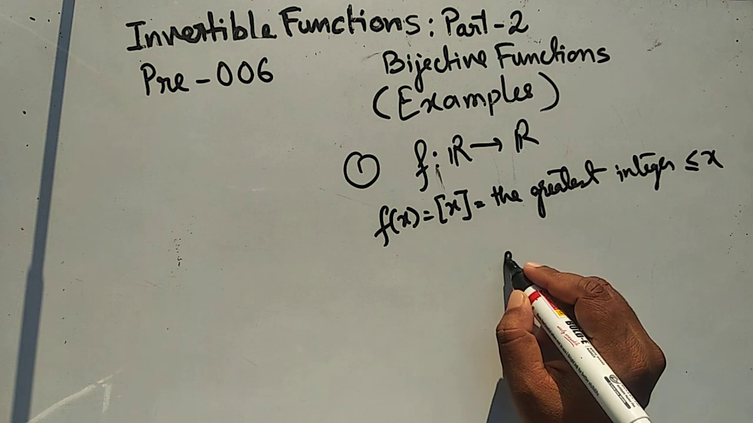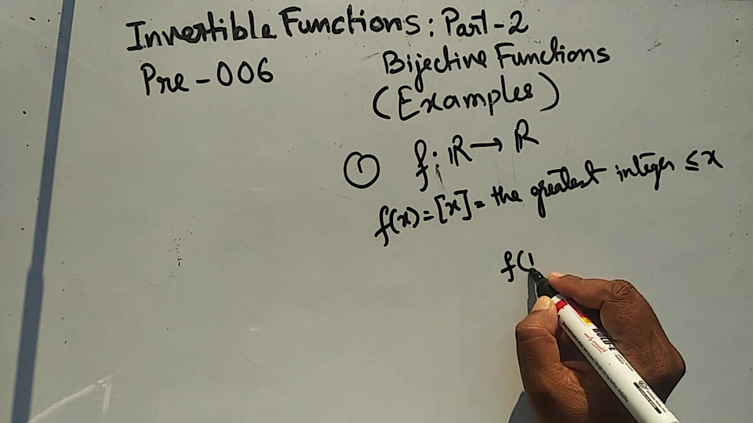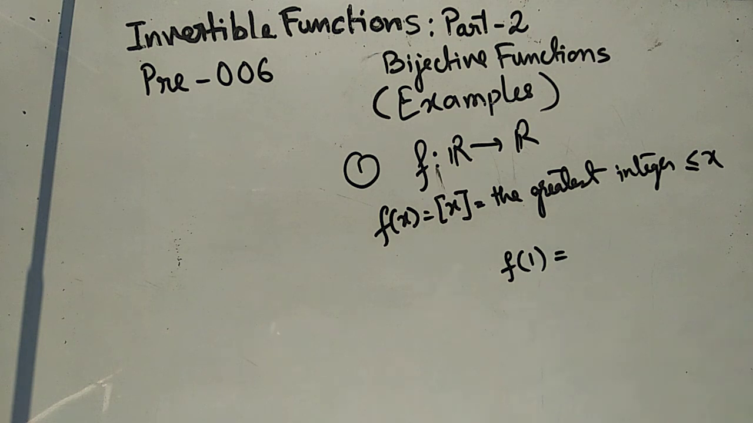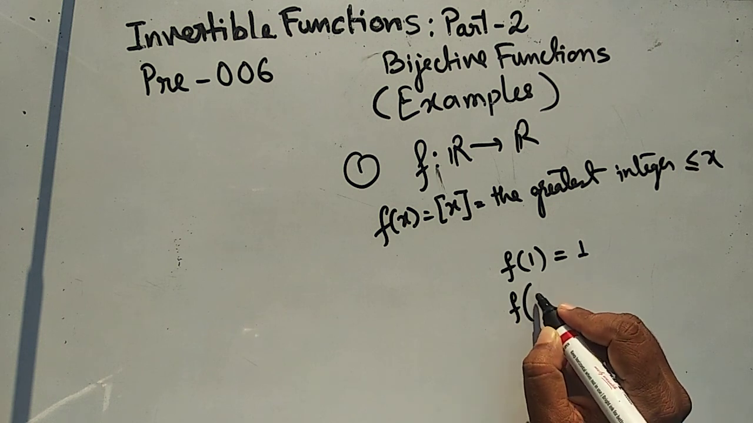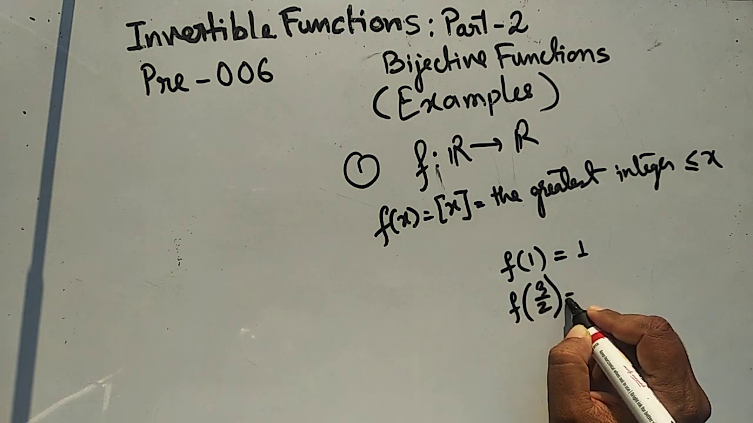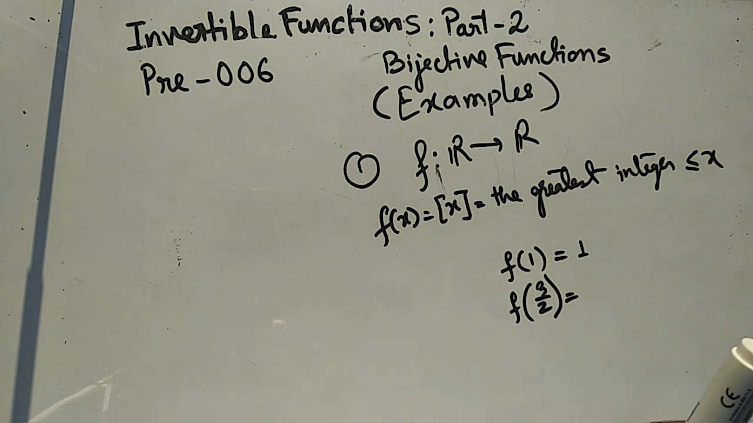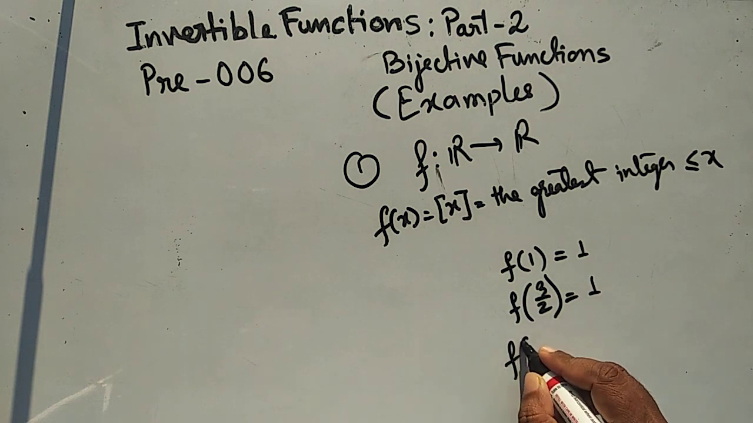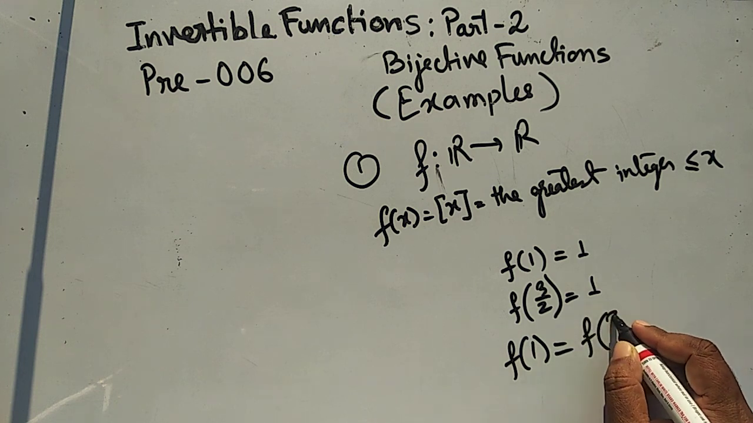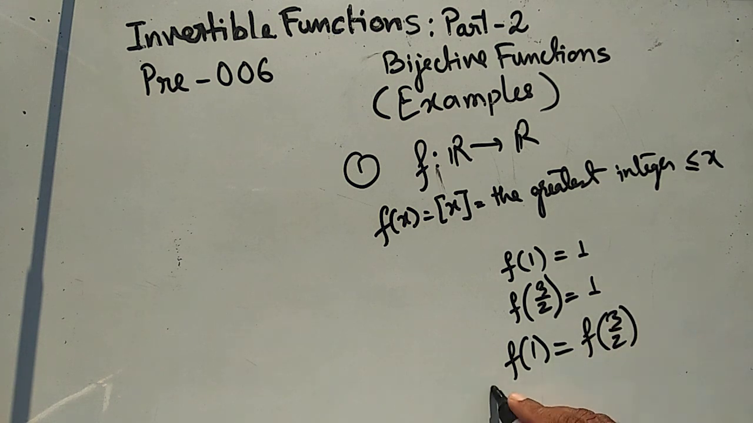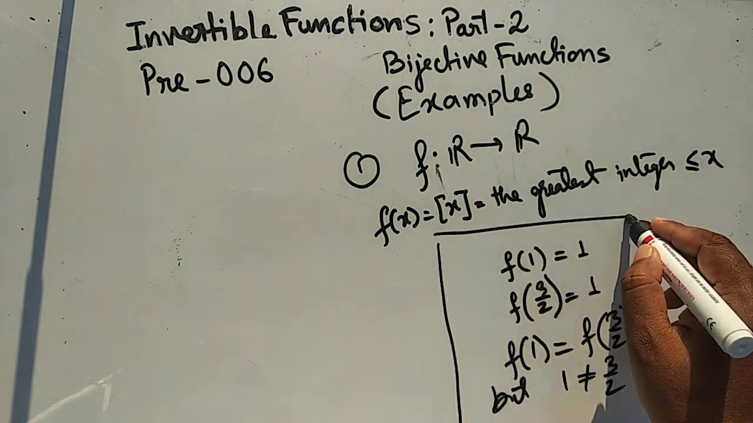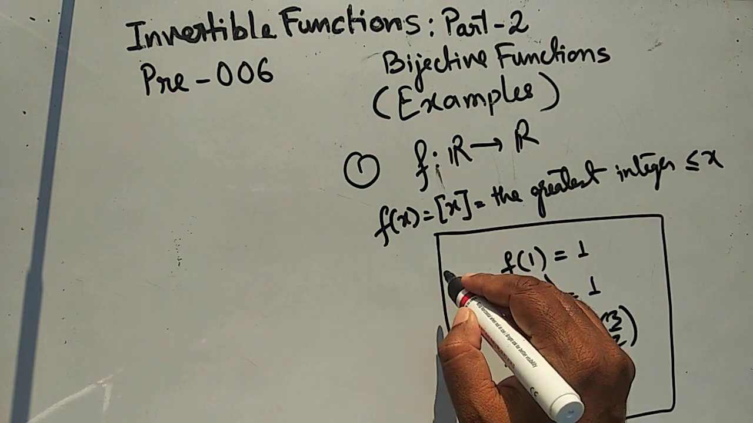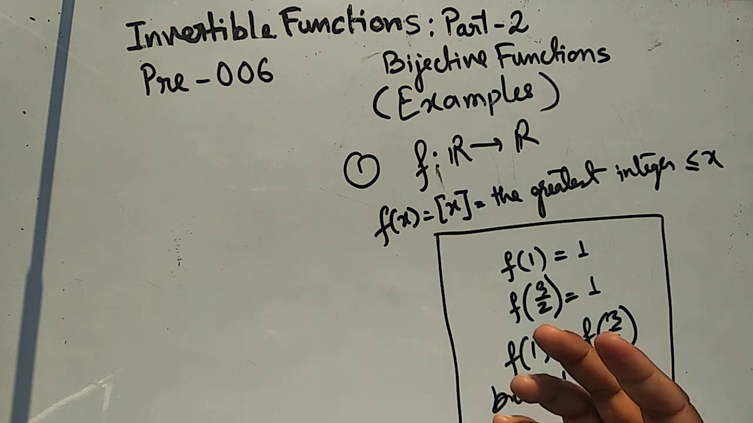How can we tell? If you take f of 1, then the greatest integer less than or equal to 1 is nothing but 1. Now if I take x equal to 3 by 2, then the greatest integer less than or equal to 3 by 2 is nothing but 1. Therefore f of 1 is equal to f of 3 by 2, but 1 is not equal to 3 by 2. So this is not one-one. Okay? Now this function is neither onto because